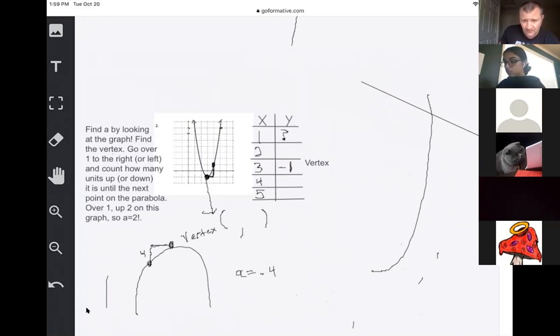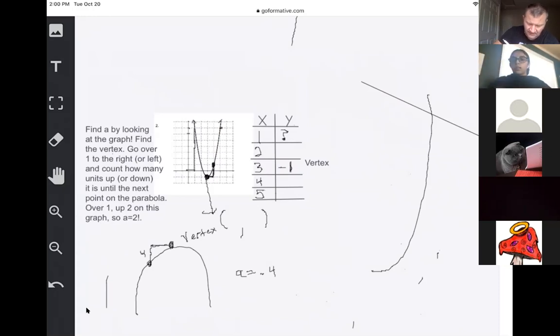That's a good question, Megan. Why is it x and y and not x and f of x? Because right now there's so much new stuff flying at you. I'm trying to keep it as simple as possible and then add things like that once we have a better handle on it, okay? All right, so we go 1 over,